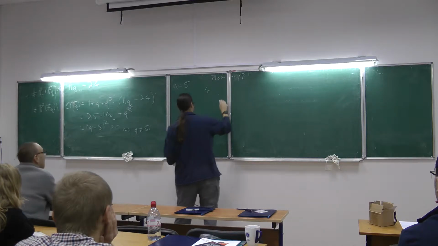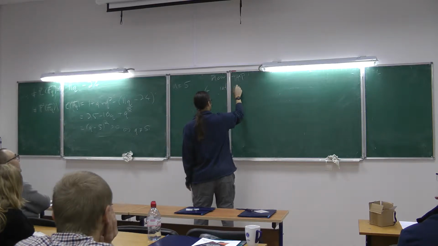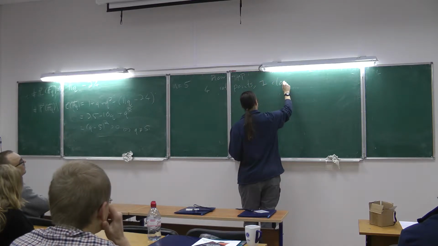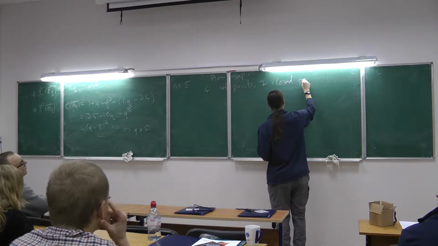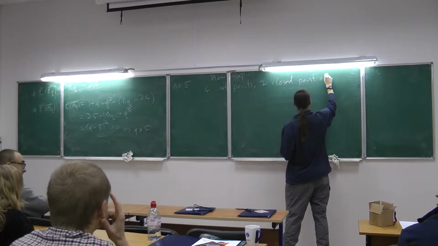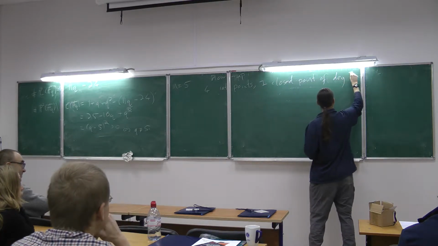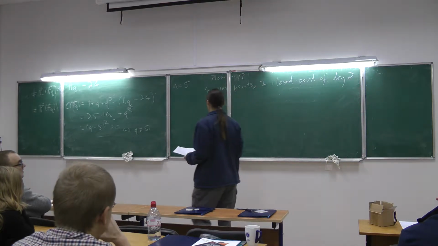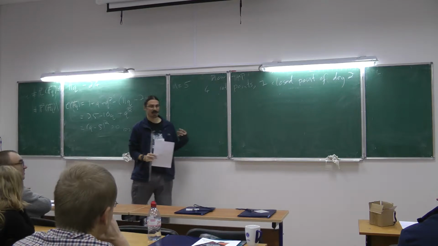To hit trace 5, you need to blow up 4 rational points and 1 closed point of degree 2. You can see quite simply this gives a trace 5, and what we show is that this configuration exists